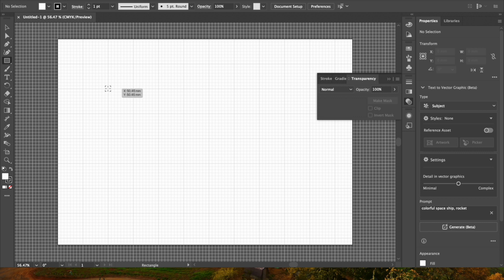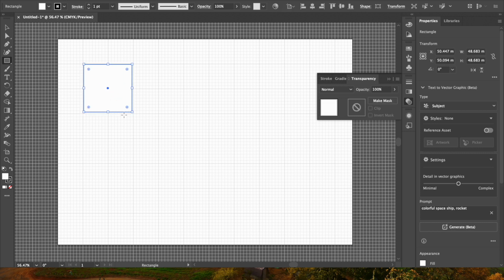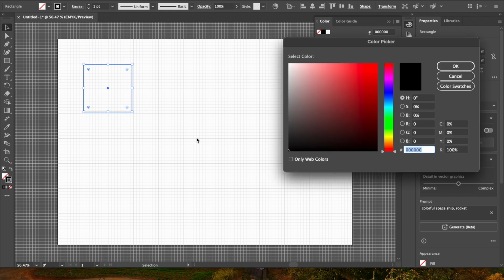Once you open a document, I've created an A4 document and made it landscape. Enter the keyboard shortcut Command Option Shift to make a perfect square. Take the fill out of the square by going to the slash red icon and making it square to the grid. And from this,